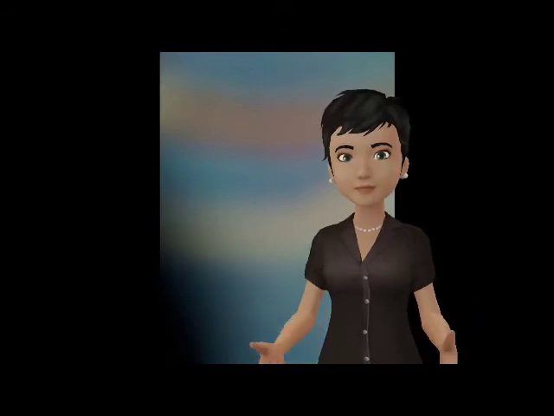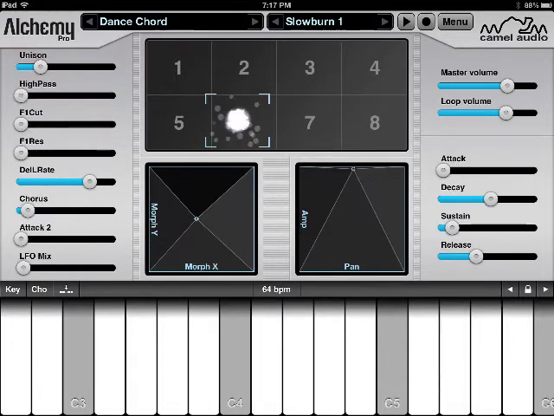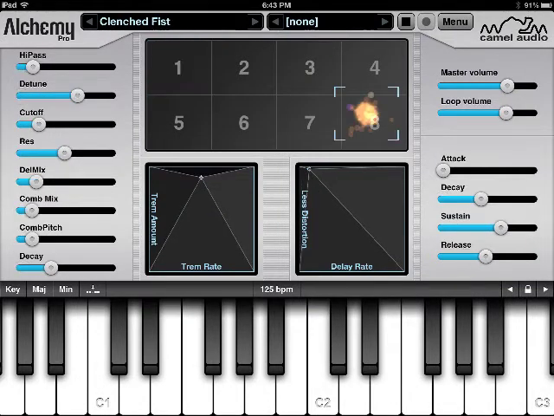Next is the envelope. The oscillator is on your right and your synths are at the top. Slow burn is your drum beat. These are all the parameters that you have. They're all on the right side. On the oscillator side, there's the keyboard, and then we'll talk a little bit about the